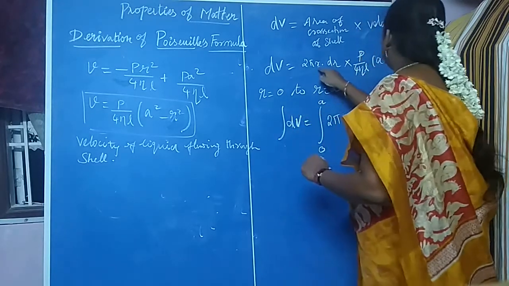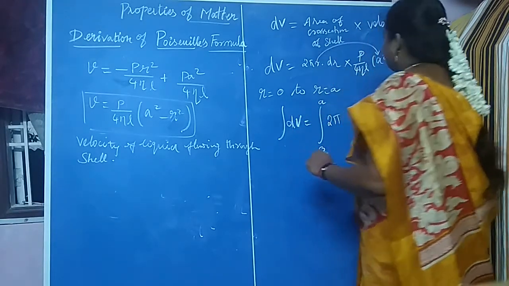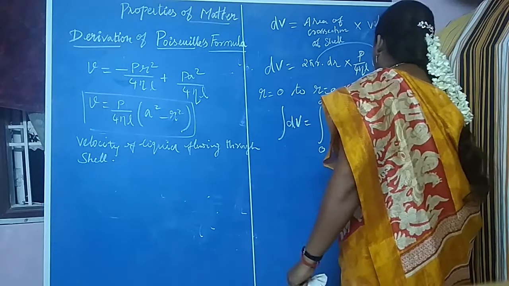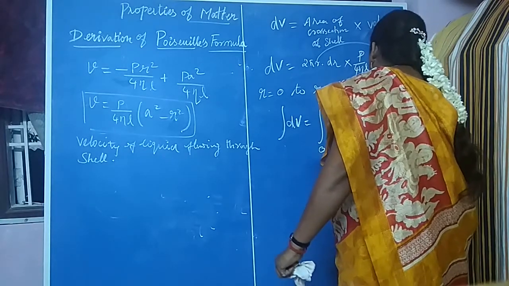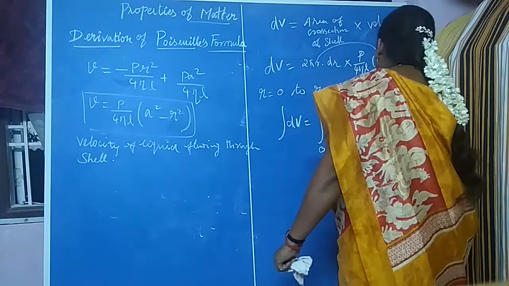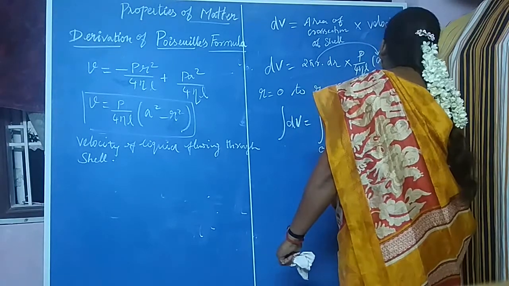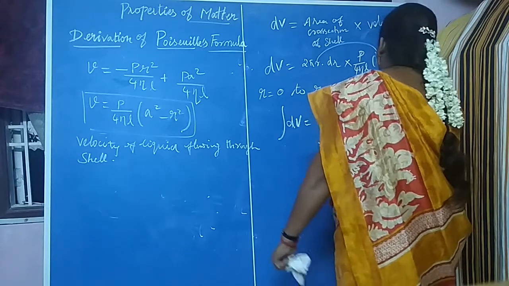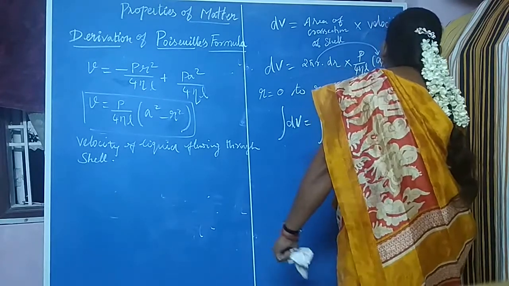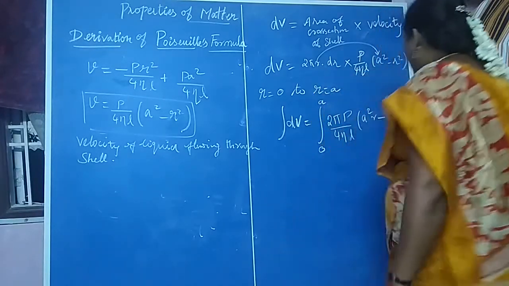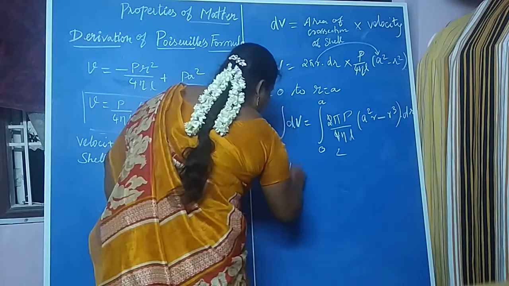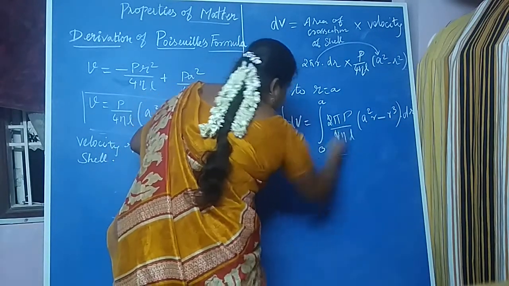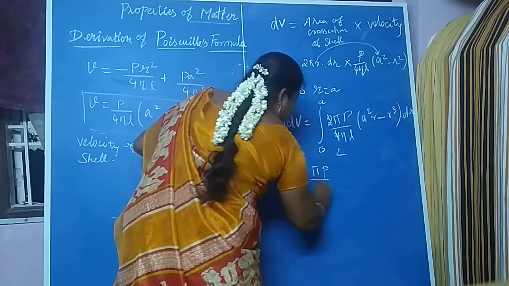Simplifying this, bring the r into the bracket: 2 pi P by 4 eta L into a square r minus r cube, dr. On simplifying, the 2 gets cancelled. So V equal to pi P by 2